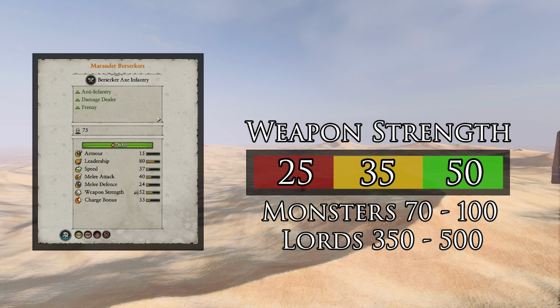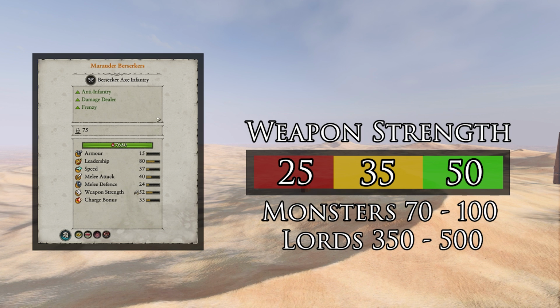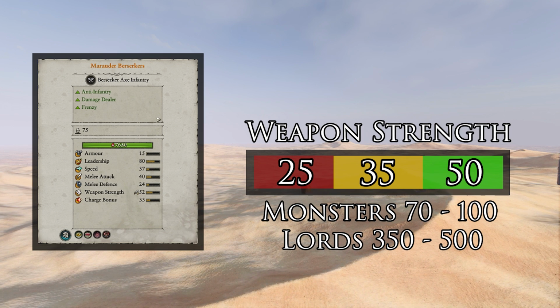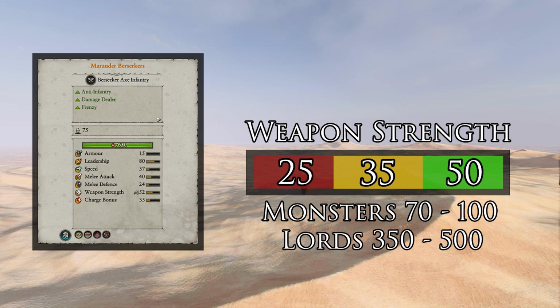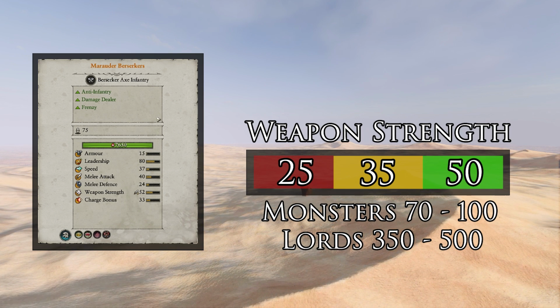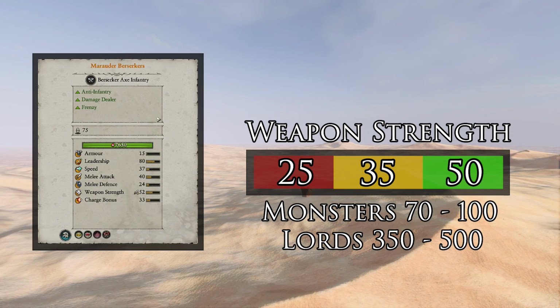Moving into lords, they obviously get a hell of a lot of damage, usually about 350 to 500. 350 for lesser melee characters, maybe some heroes. Wizards a bit lower, about 300. And then when you get into the big boys like Grombrindle, Grimgor, Nakai, they're smashing out 500 plus, and of course,